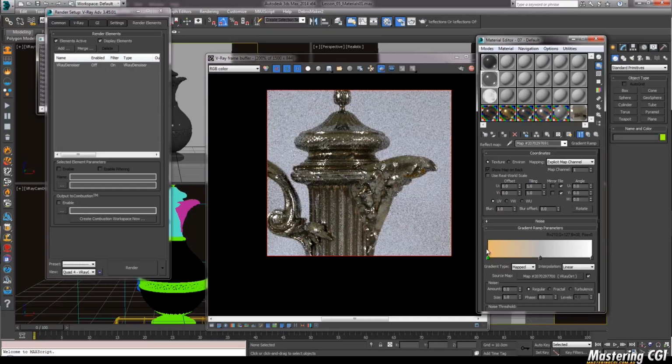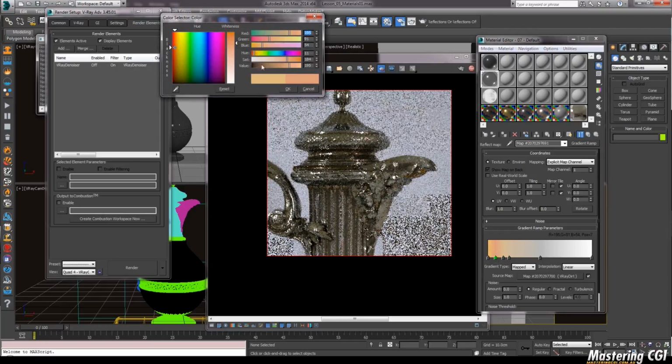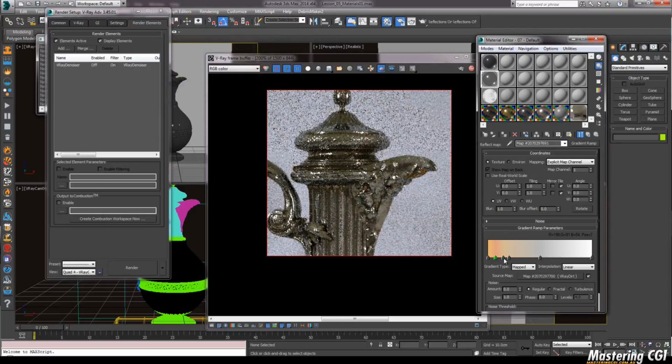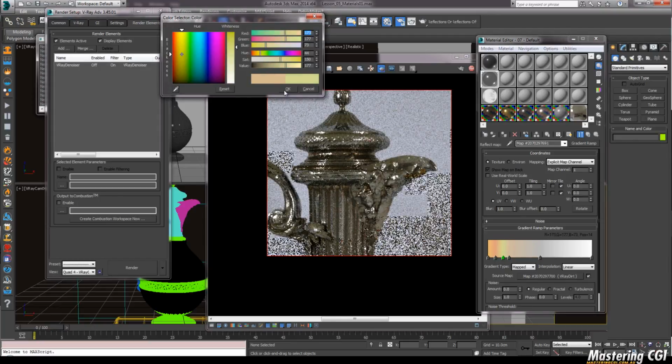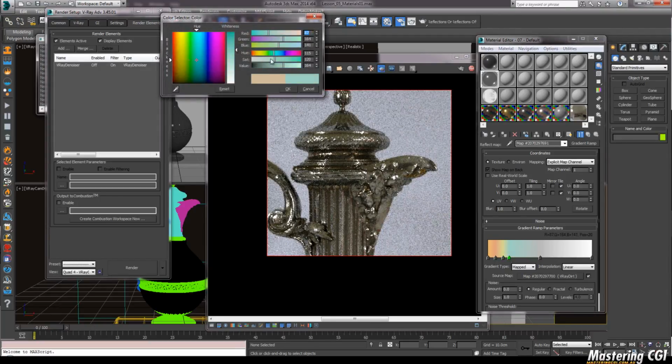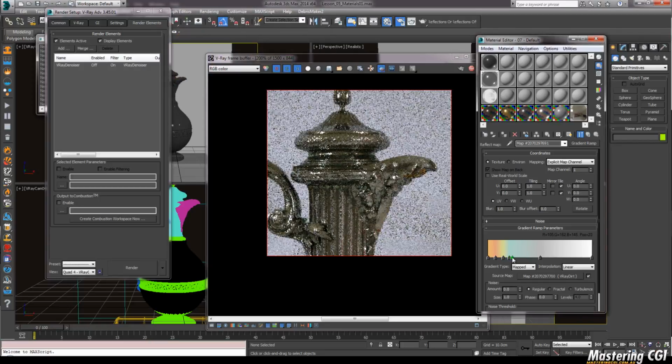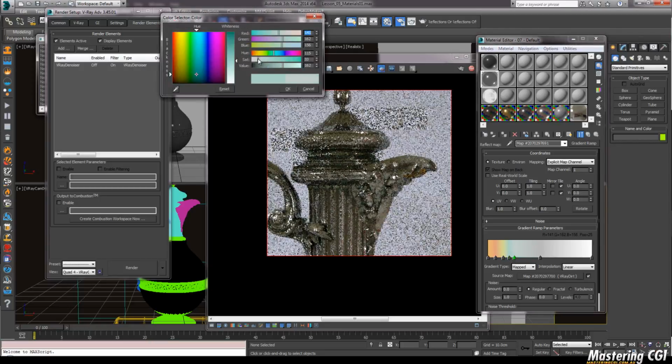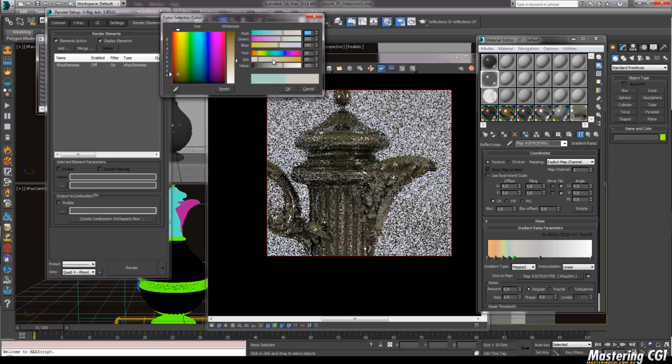And I'm going to set it up to be similar to how we had it before. But the best part about this is if I want to create a more gradiated kind of rainbow color or tint, now I've got that option. So I can go in and add a couple more points here and just vary the color up a little bit. I can add a bit more red. I can maybe add a little bit of green. I can add a bit of blue. And then I could go back to maybe a whiter material or